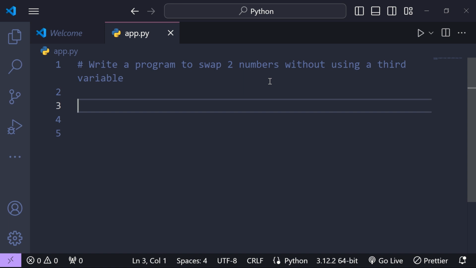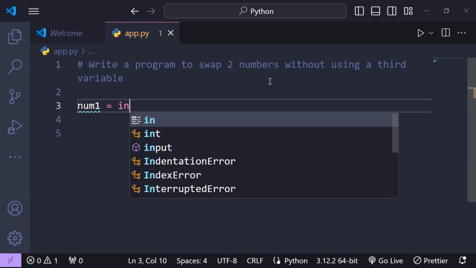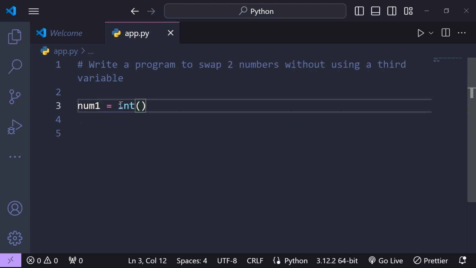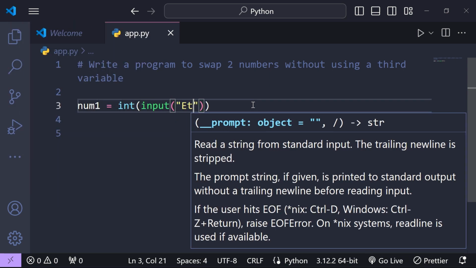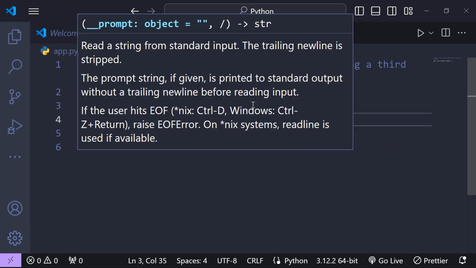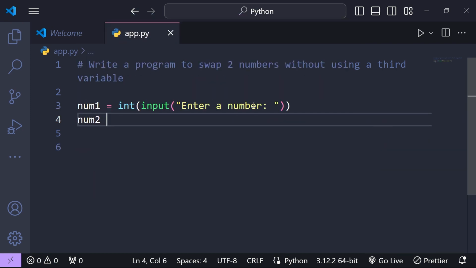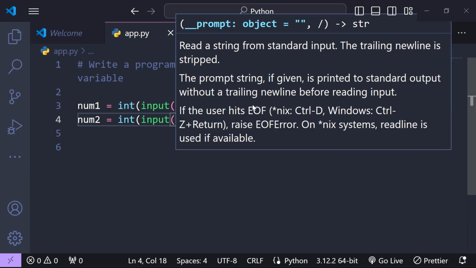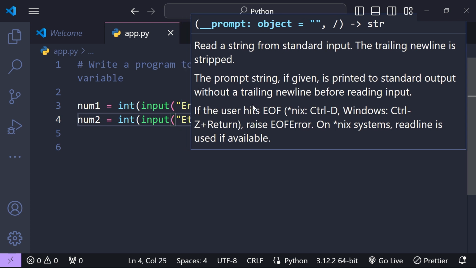First of all we have to take two numbers as an input. So I'm going to type num1 and take the input. First of all I'm going to typecast that input, so I'm going to put int of input. Enter a number. And then num2 will be equal to the same, int of input, enter